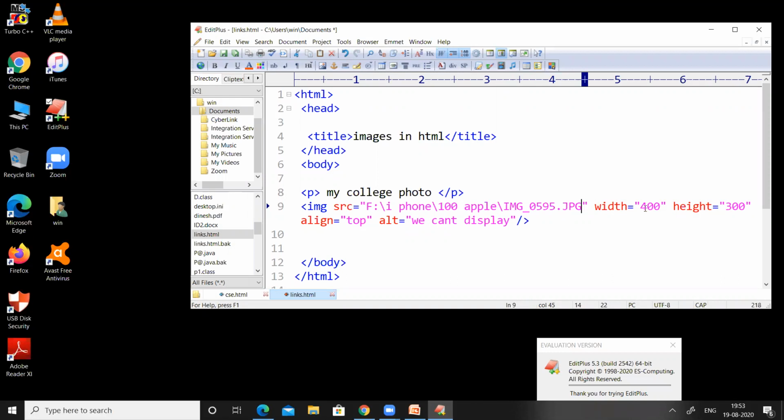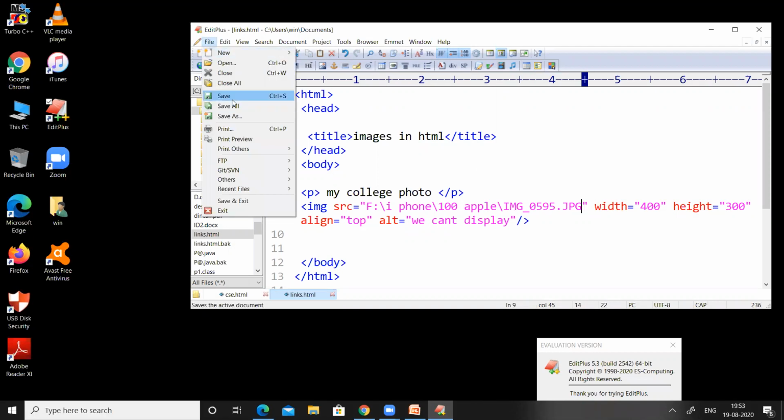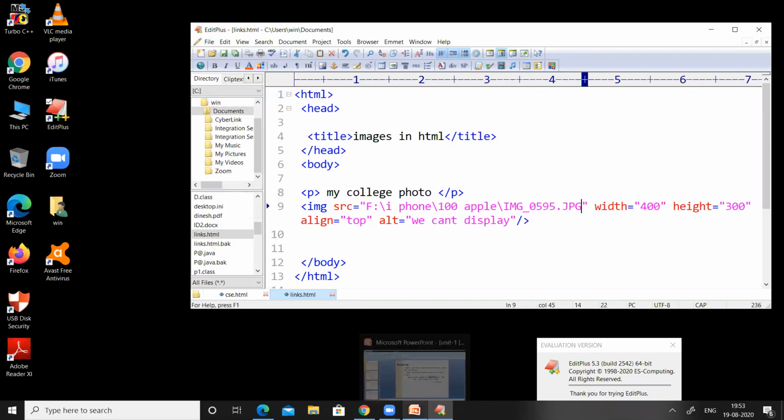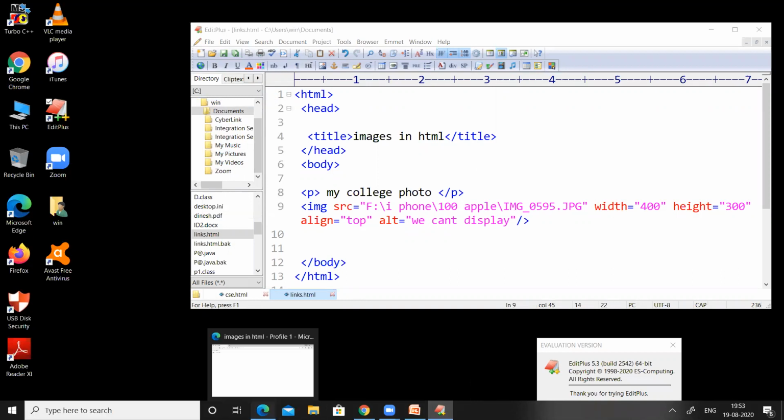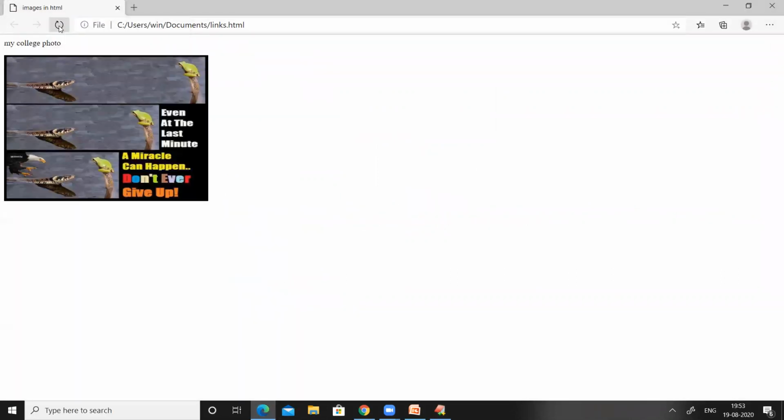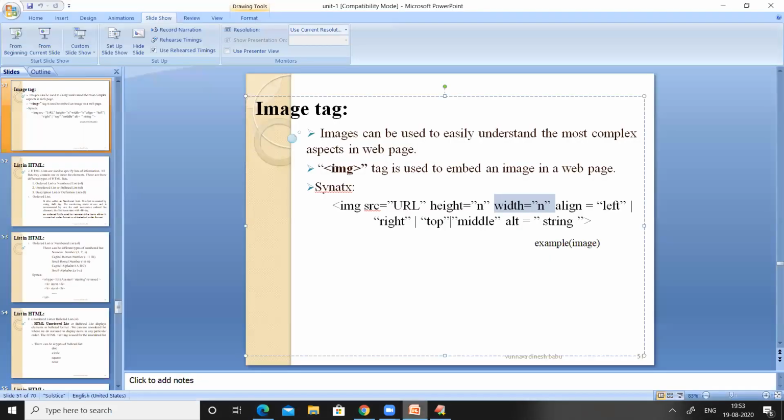So now let us look at whether this program can display that image or not. Save the program, and now observe the output of this program by pressing the refresh button. So you can see the particular image was inserted with 400 width and 300 height, because we have provided width equal to 400 and height equal to 300.